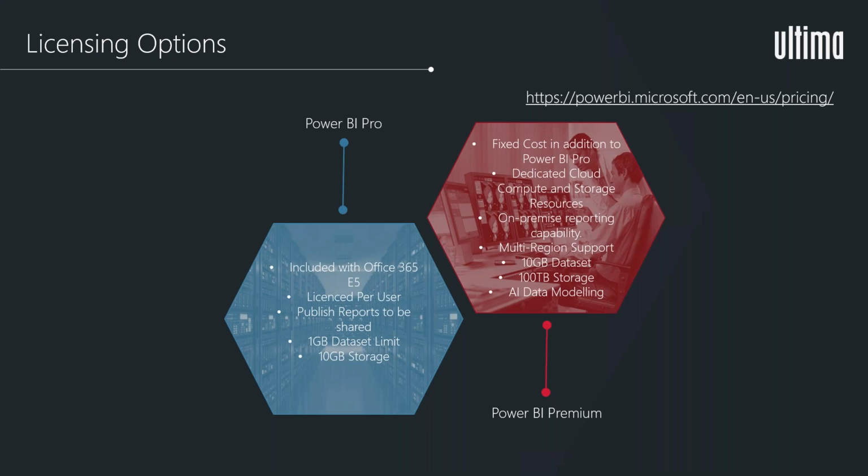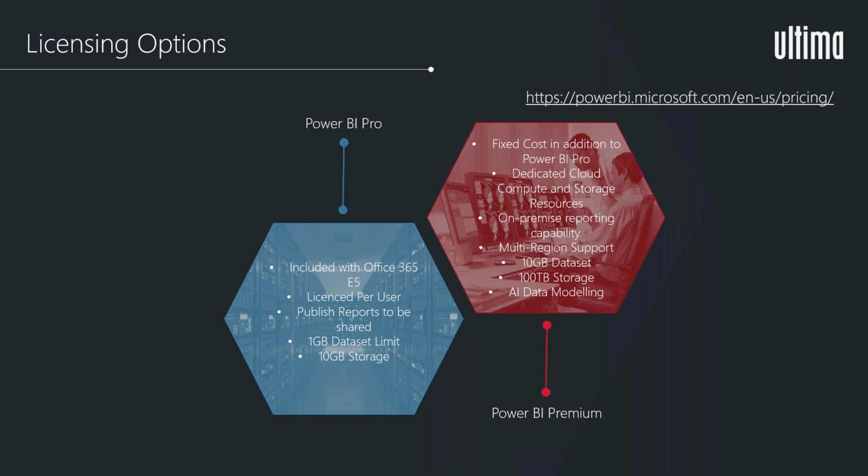So it's worth exploring that if you want to do any of the more advanced features of Power BI. But mainly the advanced features that this provides is really with the size of the data. So I'll come back to the reporting part here, but I'll mention that the data set is a lot bigger. With Power BI Pro, you have a limit of 1 GB for a data set. In Premium, you're allowed 10 gig. So every report can have a limit of 10 gig instead of 1. So it does give you a lot more bandwidth potentially. So it does open up the potential to a lot more warehousing